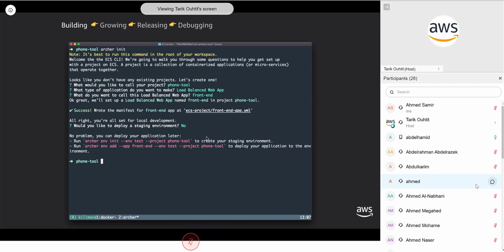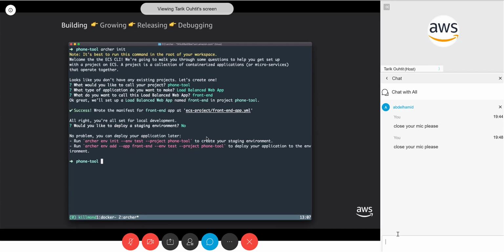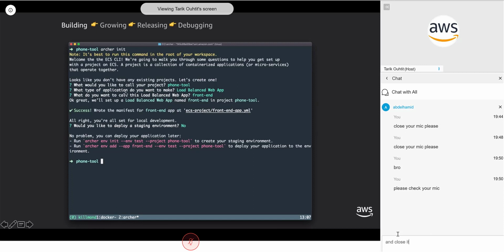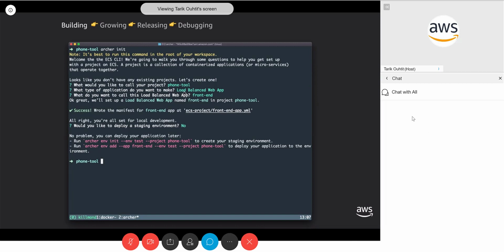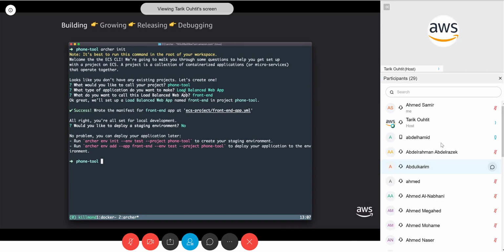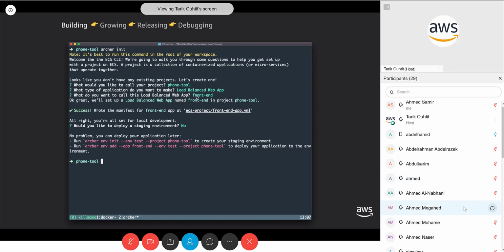So this CLI tool will talk you through, in a wizard-guided form, deploying your workloads and containers to AWS. This is an example of the first time I run it. Here it's saying, what do you want to call your project? I've said phone tool. What type of application do you want to make? And it will give you a choice interactively of lots of different types of applications. So maybe you want to write something that just listens to a queue and processes a queue. Maybe you want an application that's load balanced and auto-scaling. So that's what we select here. And this CLI will work out the details for you. We give our application a name, and that's it.